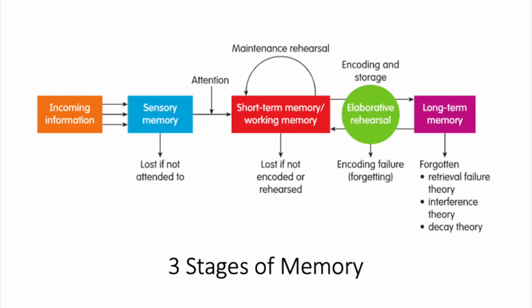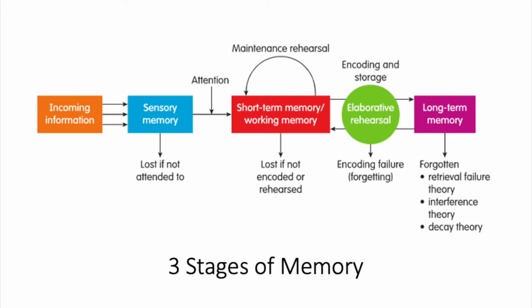Our brains have 3 stages of memory, and each stage is responsible for a specific task or works in a specific way. First, there is the sensory memory. This part of our memory takes in information from our senses all the time. Everything we see, hear, feel, smell, touch goes into our sensory memory all day, every day. Most of the items that enter our sensory memory go unnoticed or are forgotten 1/2 of a second to 3 seconds later. However, if we actively pay attention to something, that information may go into our short-term or working memory.